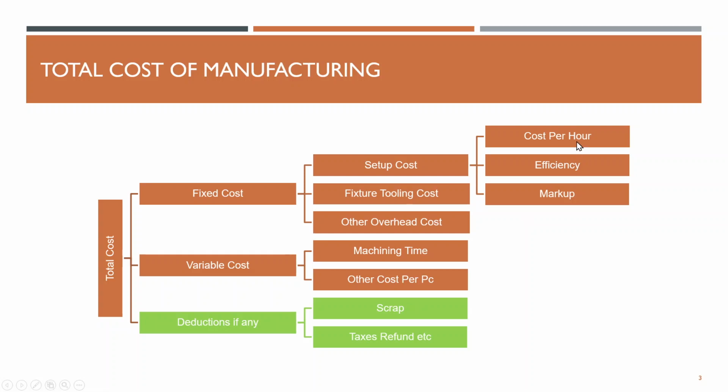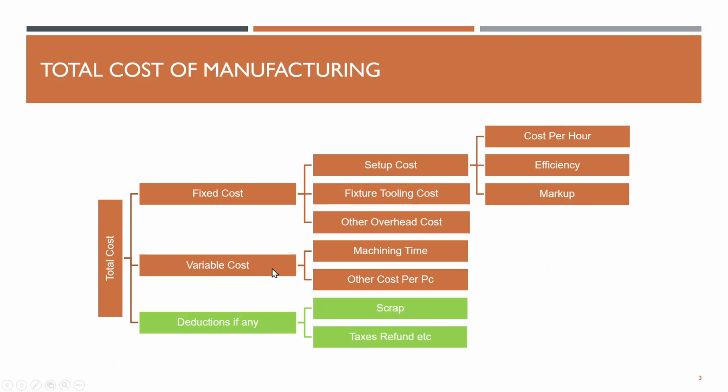In setup cost, we are talking about cost per hour for setting the machine. Then there is one more factor known as efficiency. Efficiency means your machines are not going to work for 100% of the time. Your operators might need to take breaks, or do some tool settings, offsets and so on. Apart from that, there is one more provision we have made, which is known as markup. Markup is a kind of buffer you can build up with time, and once you have the confidence of building better estimates, you could play with the markup in a much finer way.